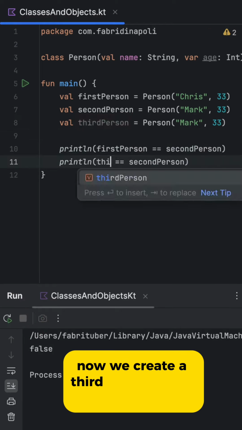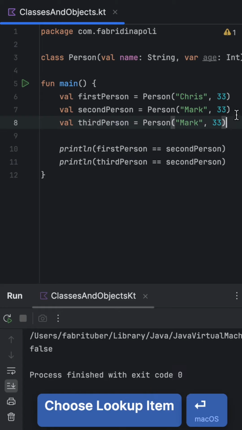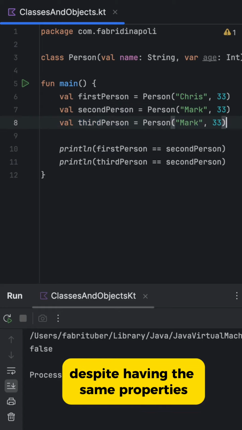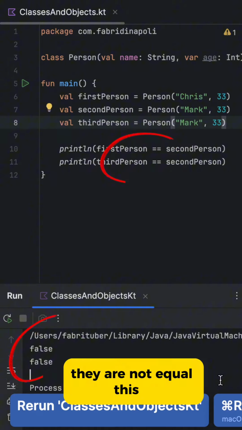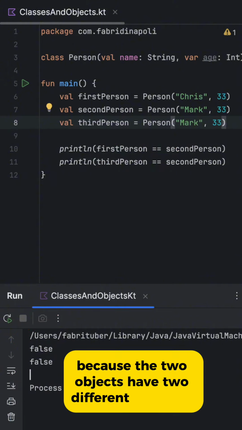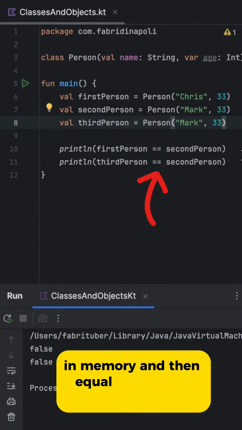Now we create a third object called third person, and you will see that despite having the same properties, they are not equal. This is because the two objects have two different instances in memory, and an equal operator is